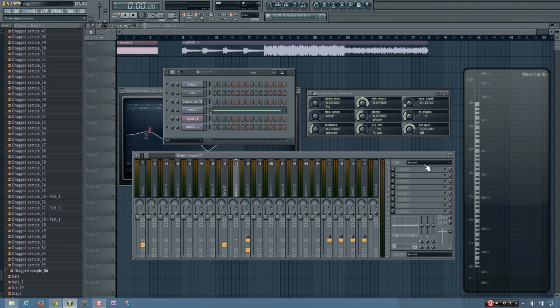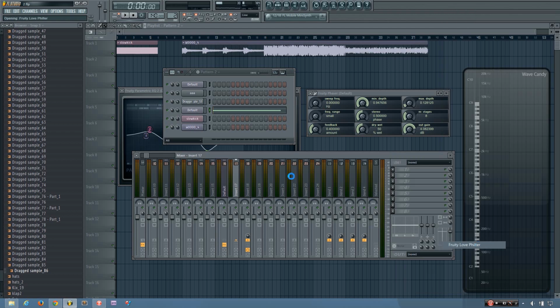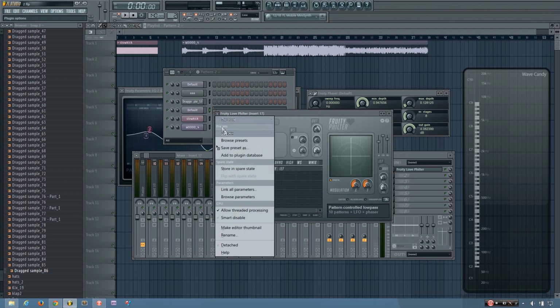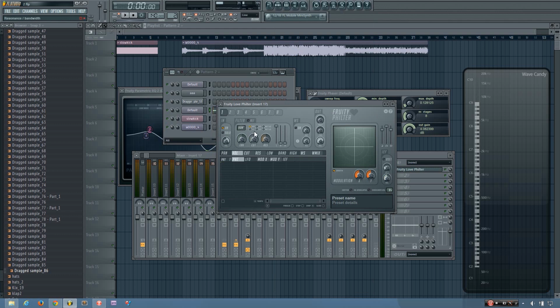Okay, so now another very useful effect is to use an envelope editor. And if you don't know what I'm talking about, I'll explain that more here. So what I like to use is the Fruity Love filter. And I just open up the default preset, turn the filter off, and go into the volume pattern. And you can create a volume pattern